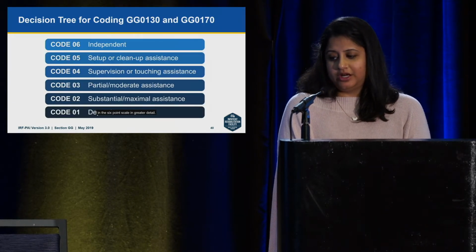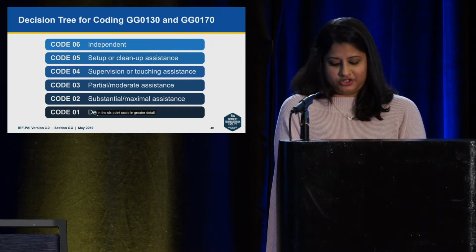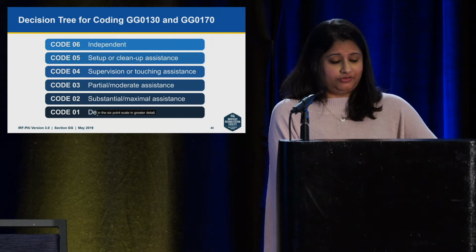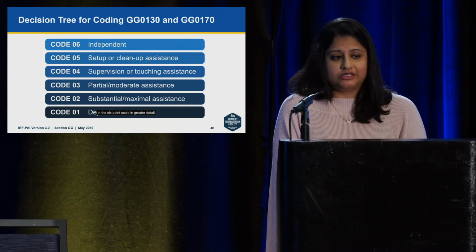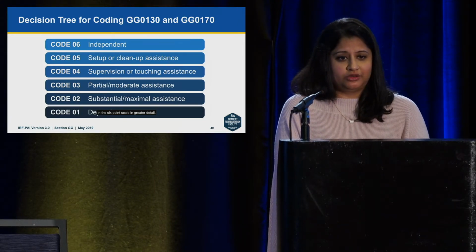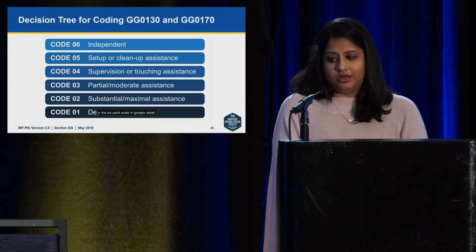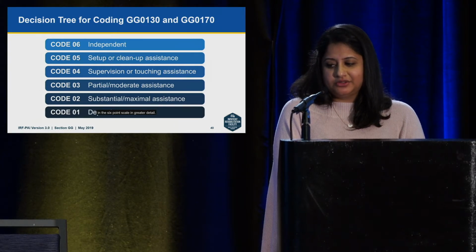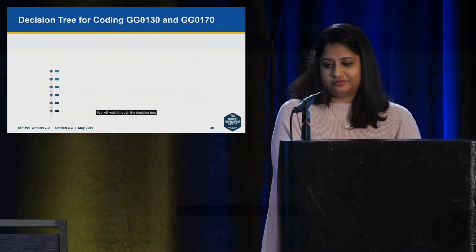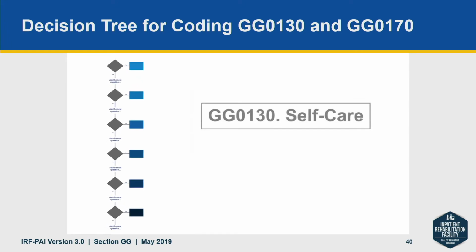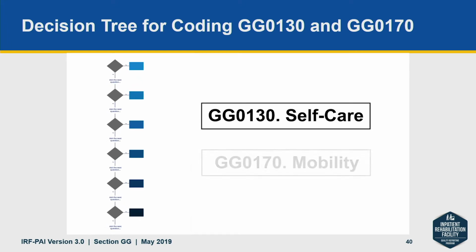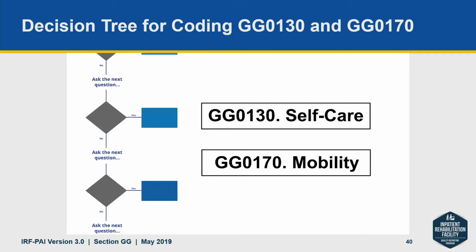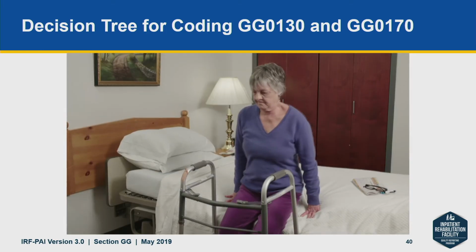All right, we're going to watch a video now on the decision tree, and there is a decision tree also in all of your folders. I would encourage you to pull that out and use it as we go through the coding scenarios. It can prove to be very helpful when making decisions about the coding scenarios. We will walk through the decision tree for coding GG0130, self-care, and GG0170, mobility, highlighting each coding level using an example of a patient, Mrs. Jones, completing